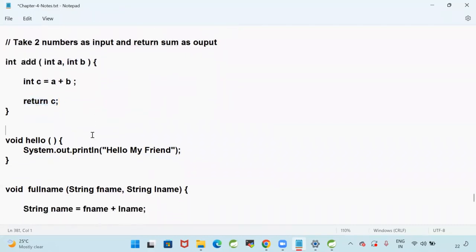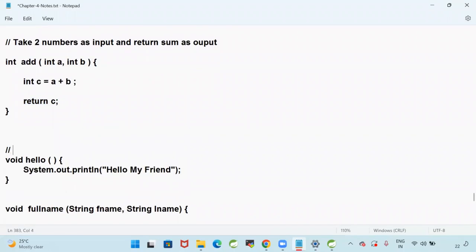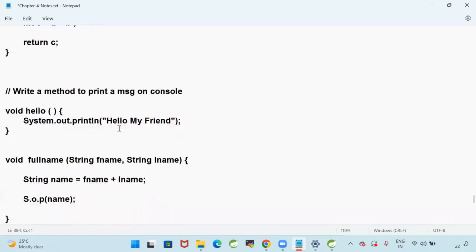Now write a method just to print a message on the console. This method is not taking any input, not returning anything. Whenever you call this method, that message is printed on the console. void hello